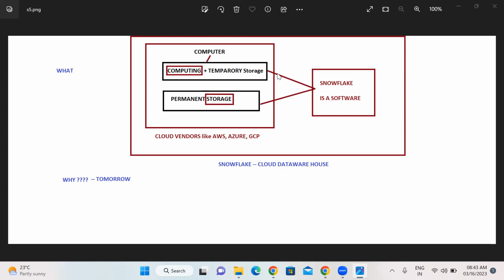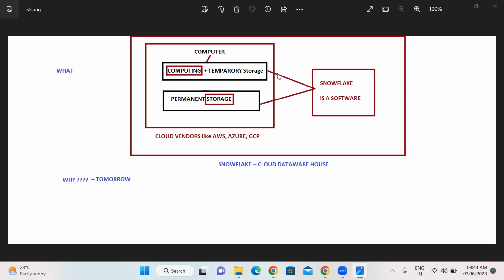Based on A plus B, whatever the A value and B value will be maintained in temporary storage. That means after 10 days, you can't say those A and B values. Why? Because you maintained them in temporary storage, and when I asked, you called the temporary storage and did the computing. That means for computing, there is no need of permanent storage. Temporary storage is enough for computing. That's why computing plus temporary storage, we call it a computer, whereas permanent storage is different. Got my point or not?